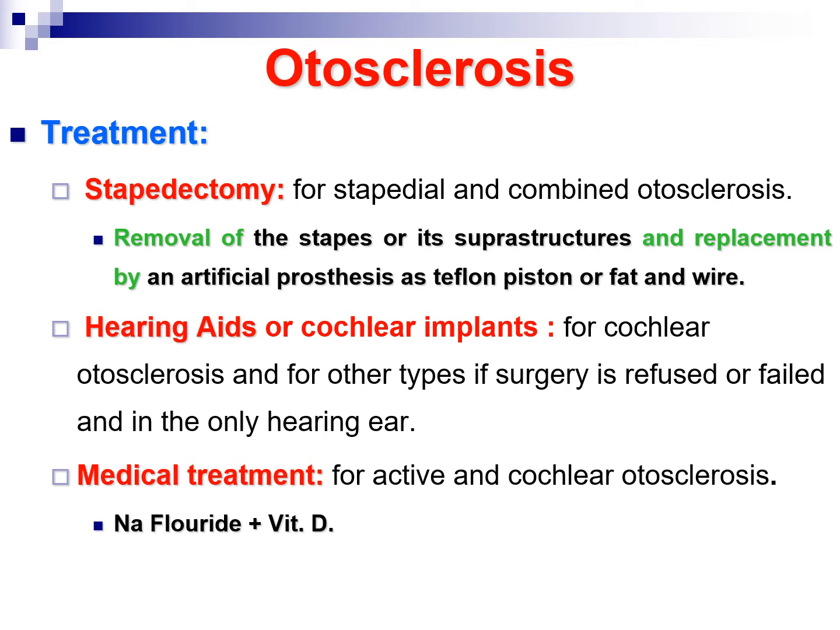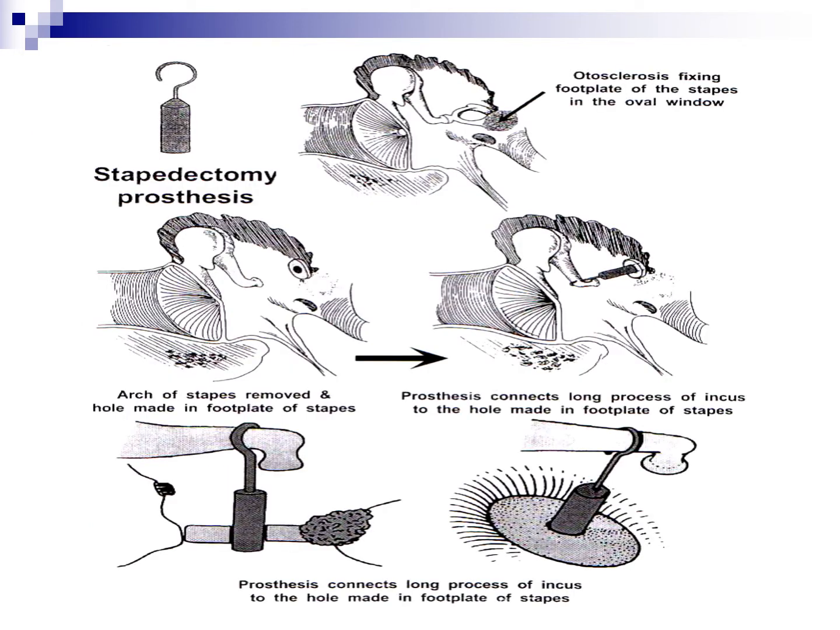Last option would be medical treatment in the form of sodium fluoride and vitamin D, and we normally prefer this option for active and cochlear otosclerosis. And we have some diagrams to demonstrate how we do this stapedectomy surgery. You can clearly see in these diagrams, on the top end, where the otosclerotic focus is affecting the